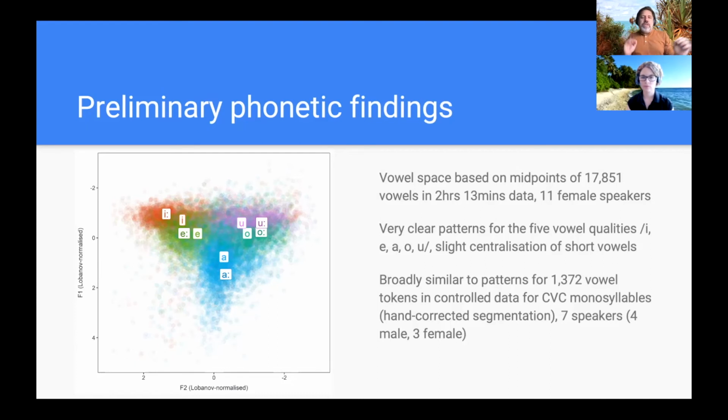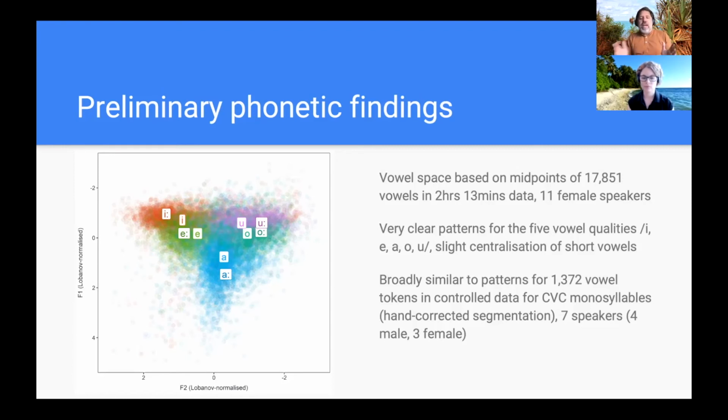So you've got the front vowels and the back vowels and these central vowels, but there's also a length differentiation in Nafsan as well, which can be seen here. So you've got the longer vowels, more peripheral in the vowel space. And it's broadly similar to previous patterns that Rosey's found in Nafsan using much more controlled data for CVC monosyllables,